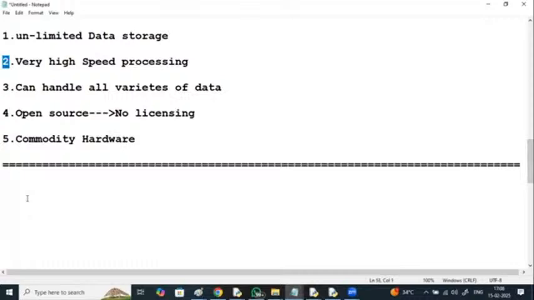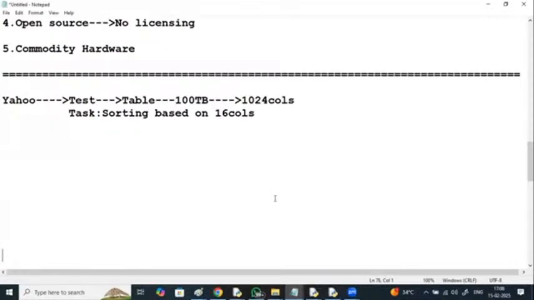Now what is the time taken by different databases? First, Oracle has taken nearly 3.5 days to process this. MySQL has taken nearly 6 days.